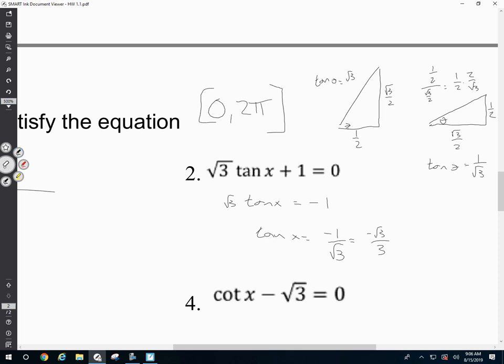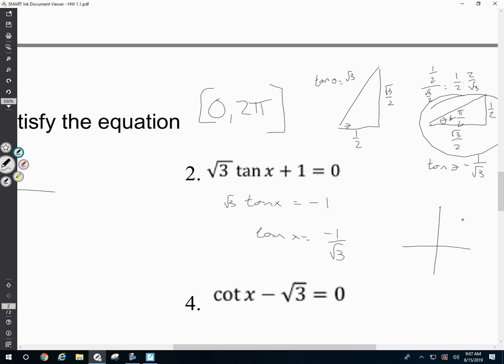Boom, I see it right there. I didn't have to rationalize at all. So I got tangent of an angle is equal to 1 over root 3. So that's going to be at this situation. This situation is at a pi over 6 angle. But we have a negative. So when is tangent negative? Well, I remember